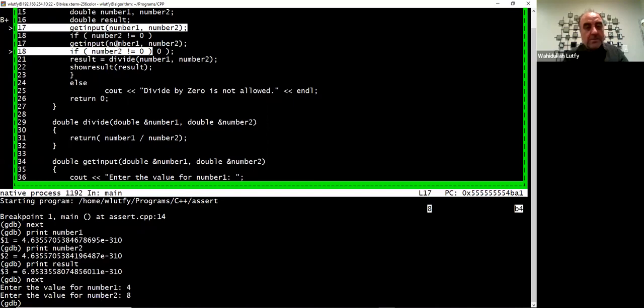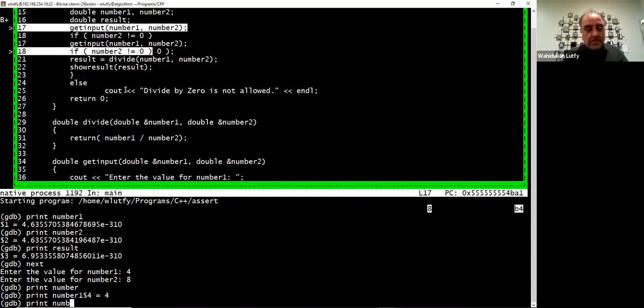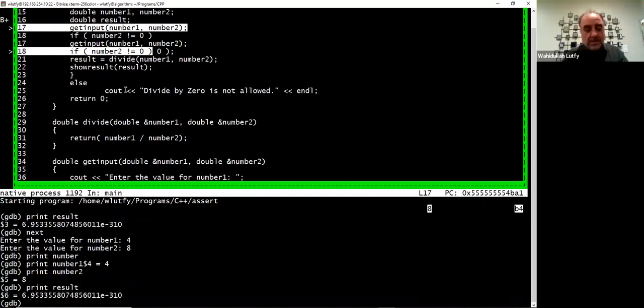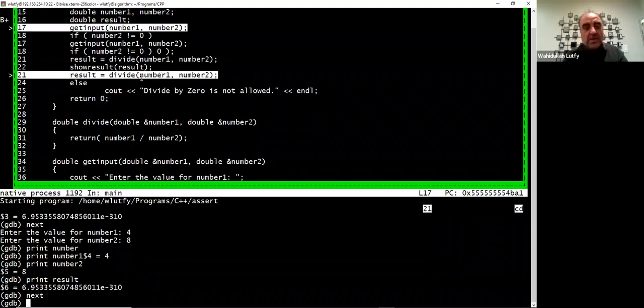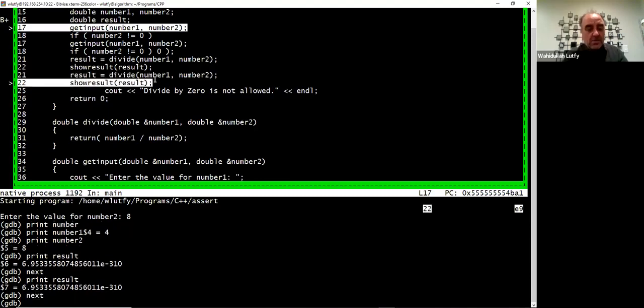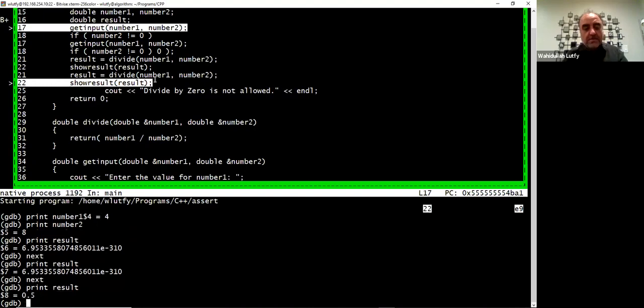So now it just checks for the number. If I just say print number 1, it has the value 4. Print number 2, it has the value of 8. And print result, it does not have the value yet. Now I say next, it is going to do that division function. So then I say print result, and result is still not known because this function has to run. So I say next. Now it has the result, print result, it is 0.5, which is accurate, 4 divided by